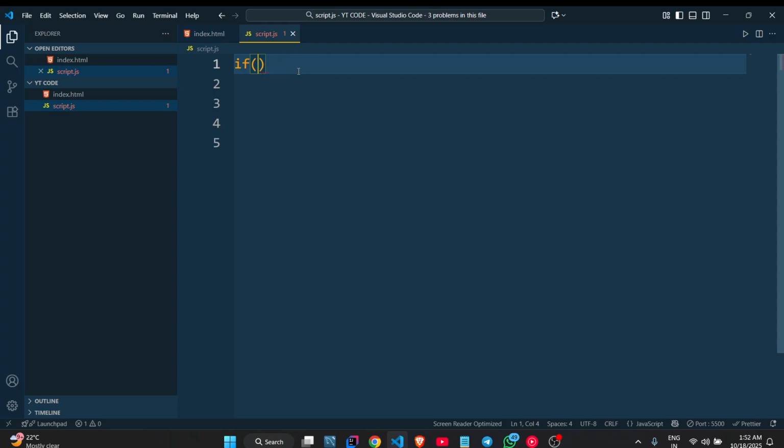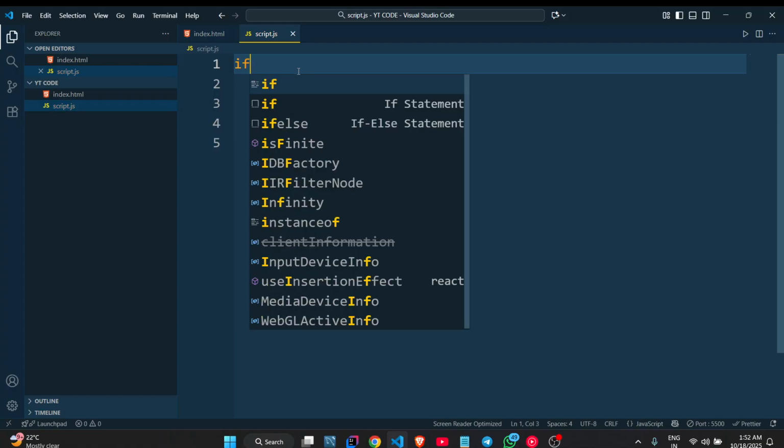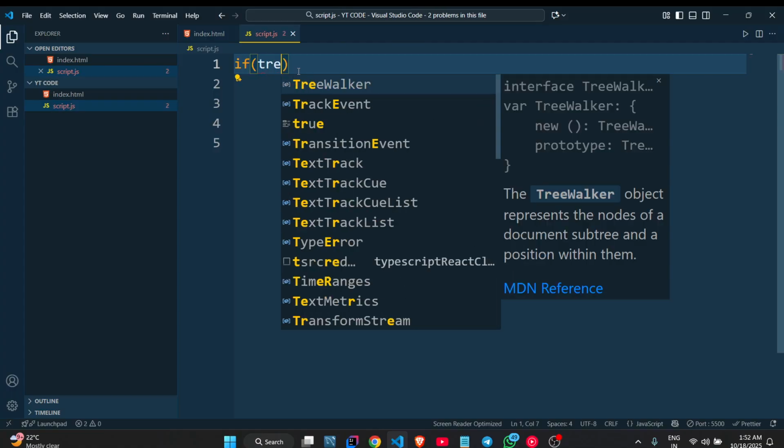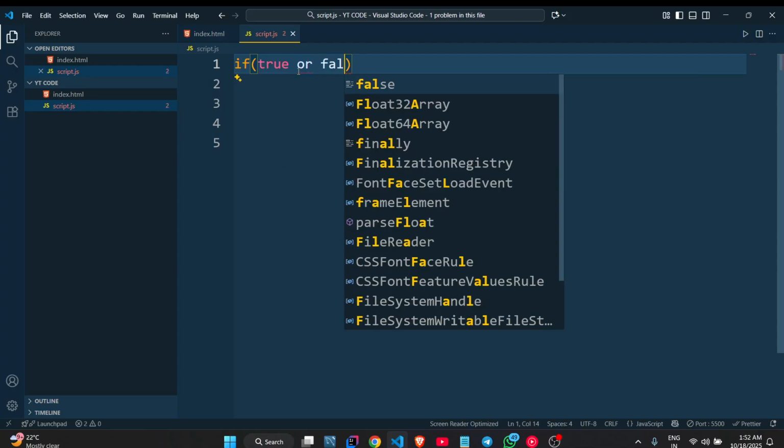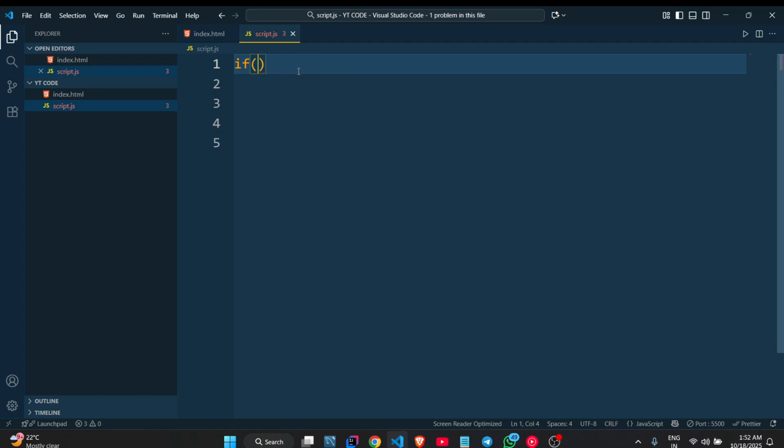We can't write anything like our name, which doesn't mean anything, so it gives an error. We have to put something which has a true value or a false value, like 2 is smaller than 12, which is true. So we have to give a condition here, then we have to